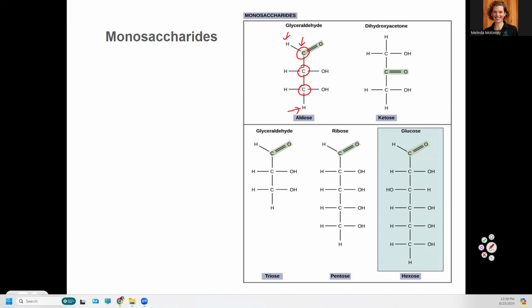Here's one, here's another one, and here's an oxygen. So that's CH2O n times. The second carbon has 2 hydrogens and 1 oxygen. The third carbon has 2 hydrogens and 1 oxygen. So again, this would be